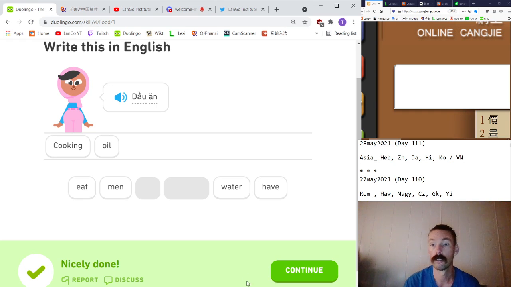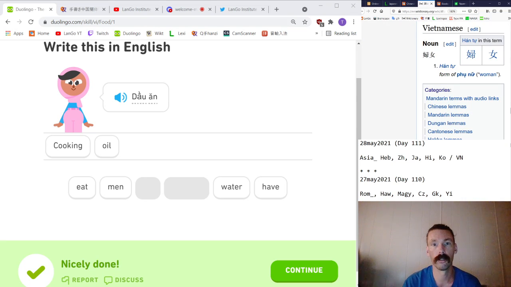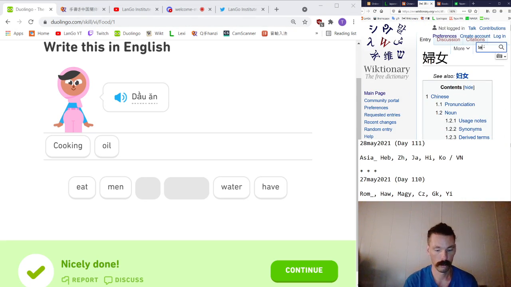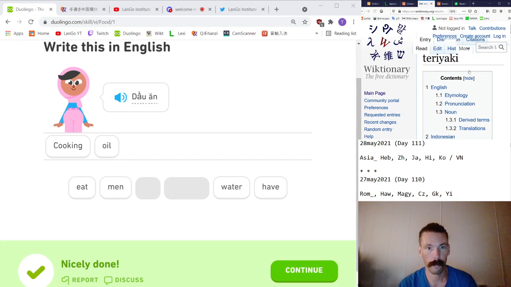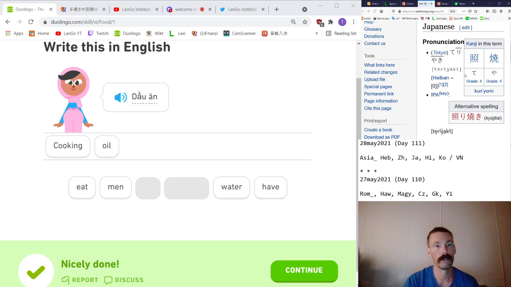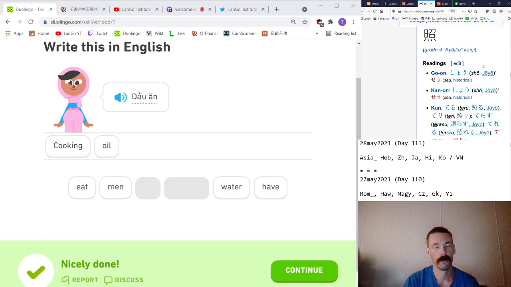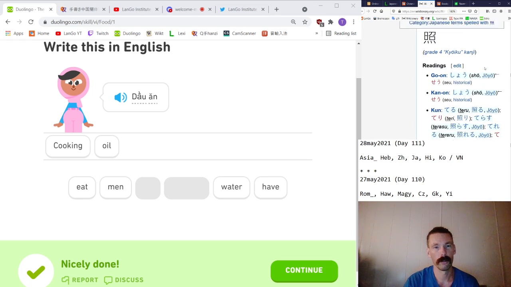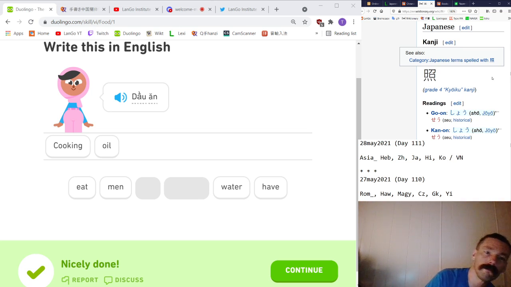Okay, there is a character that has fire in it. It's the one I was thinking of. It's some sort of barbecue thing, in the 2 kanji for teriyaki. It's read jiao in Chinese. Oh, this one. That one, yeah, is to shine light on, I believe. Teru. What is the Chinese reading for the one I put in the chat, for the oil? That is yo.